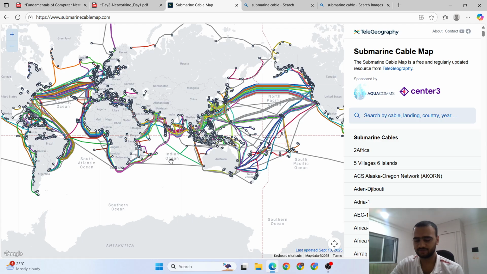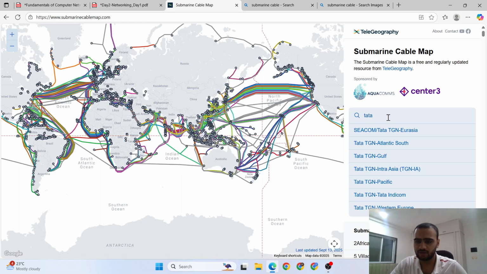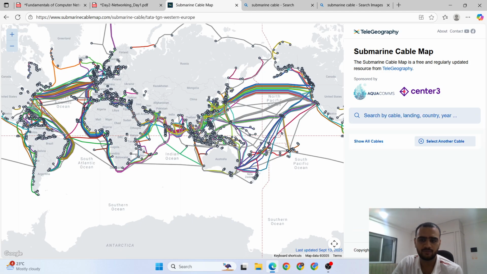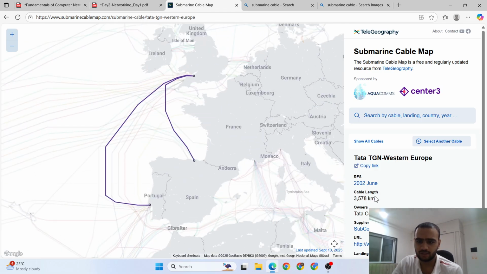So all these submarine cable maps are owned, most of them, by private organizations. Like Google has its cables, and Meta also owns a few of the cables. From India we have Tata. So Tata is into this business of submarine cables. If you search Tata here, Tata has multiple cables, almost 8 cables, you can see. And if you open the Western Europe cable,